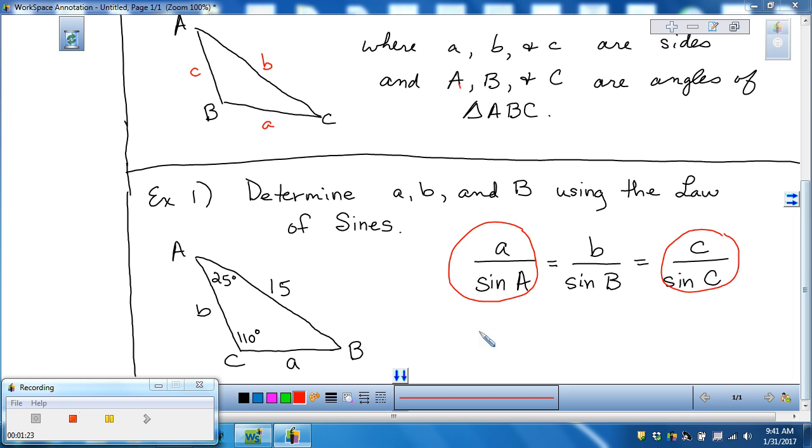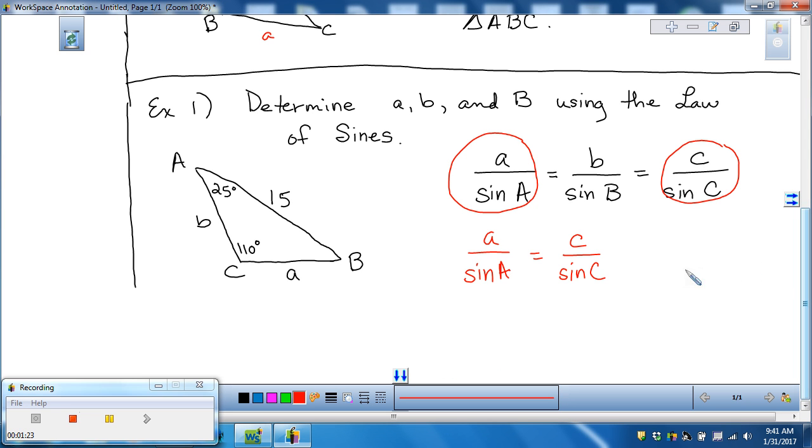So let's go ahead and fill that in. We have a over sine of A equals c over sine of C. You will only ever use 2 of these ratios at a time. You cannot use all 3 of them at the same time. Once I've written that down, now I'm going to substitute in. Little a, I don't know. Big A is 25, it goes here. Little c is 15. And big C is